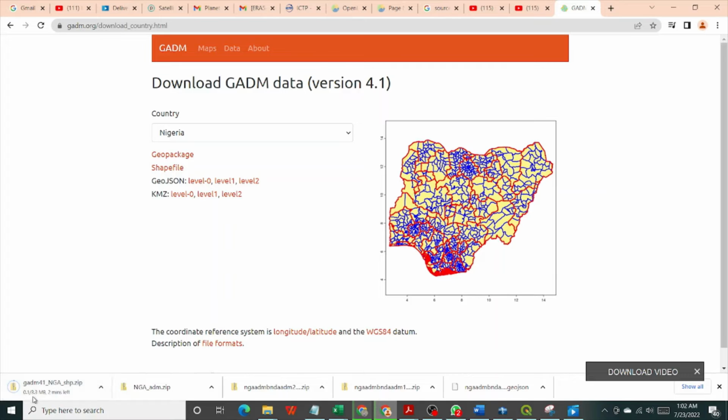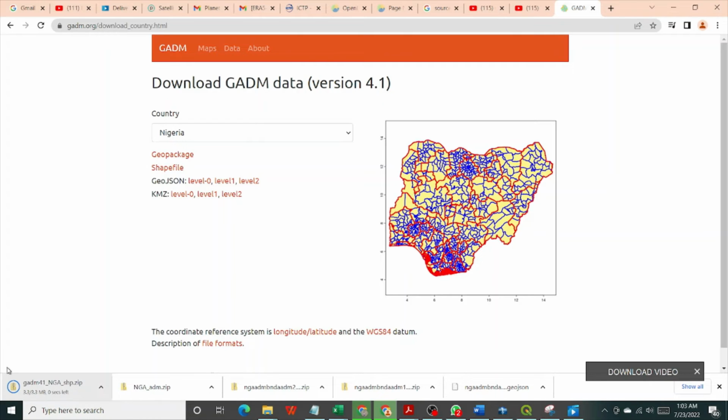shapefile. The download has already commenced. When it's done, we'll see what is within the shapefile or the zip file that we have downloaded. But basically, this is how you download spatial data for Nigeria or for any other country using the GADM online directory. Now the download is about to get concluded, more than halfway done. It's not that heavy a file, it's about 3.3 megabytes in size. Once the download is done, which will happen in a couple of seconds,